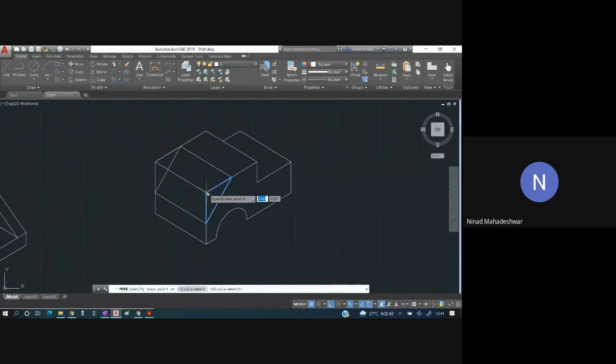From this end you have to move inside by 15 mm. Similarly, 1, 2 and 3, you have to take this outside by 15 mm. Inside by 15 mm. So from here, this base point, you have to take it inside by how many mm? That is 15 mm. Everybody has got this?